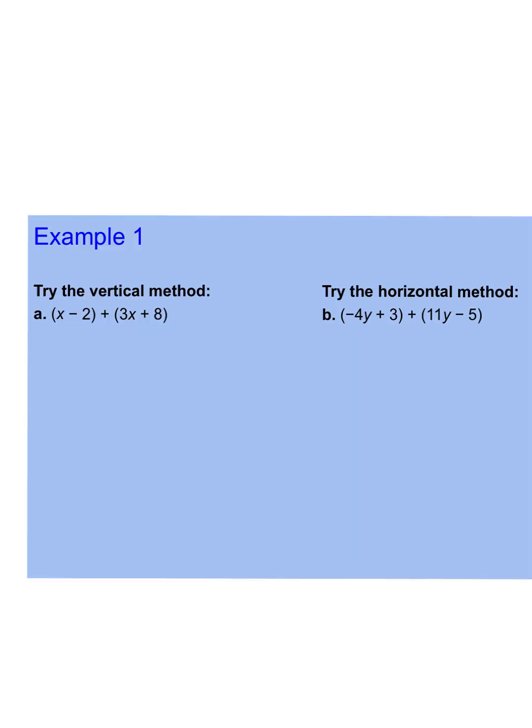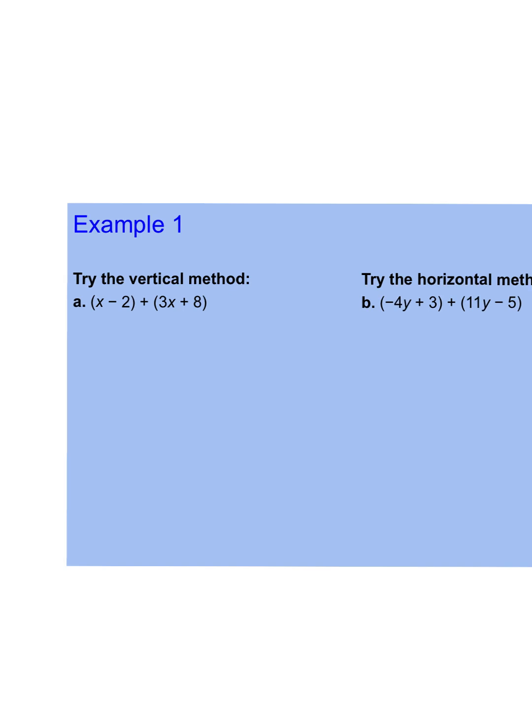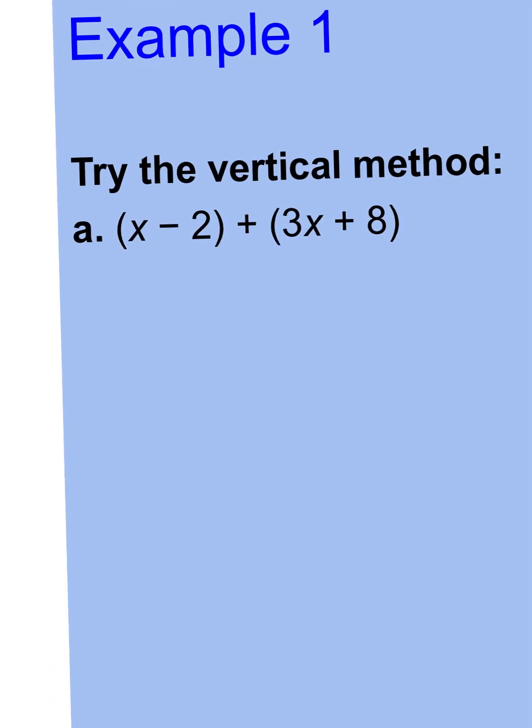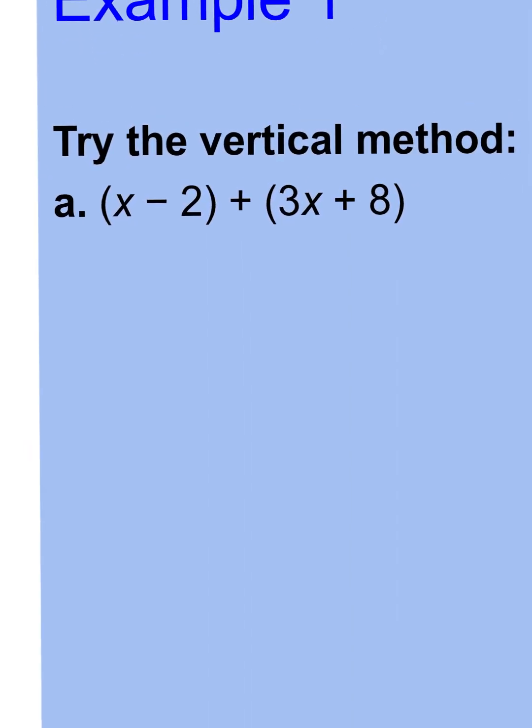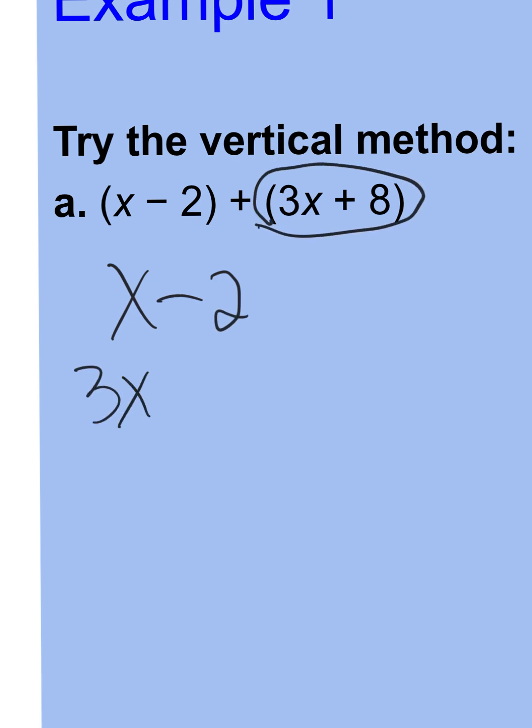I know that in real life, we will not have time to draw all the algebra tiles. So I want to show you another way to add polynomials and to add and subtract expressions. So one way is called the vertical method. The vertical method is you take your first parentheses and you take your second one and put it underneath your first, but make sure that you're lining up